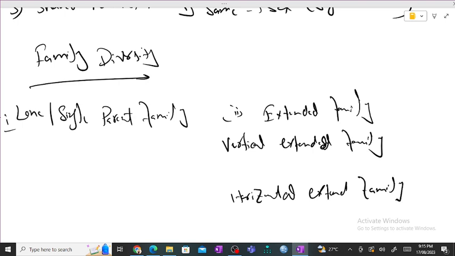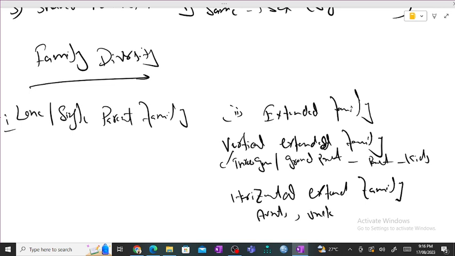Now, what is a vertical extended family? It involves three or more generations, like grandparents, parents, and kids. Horizontal extended families are those with branches within a generation, such as aunts,